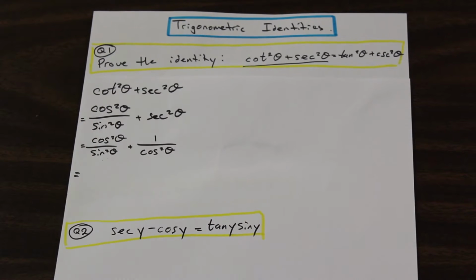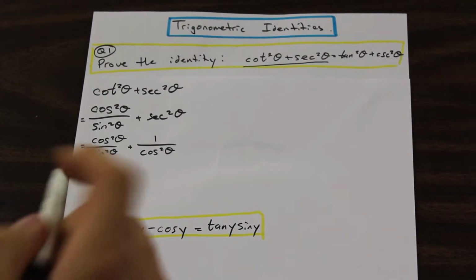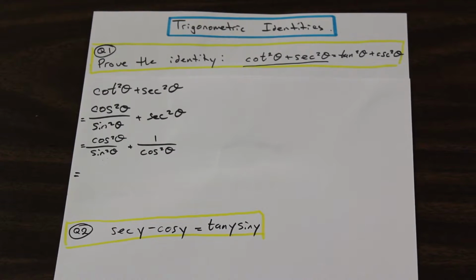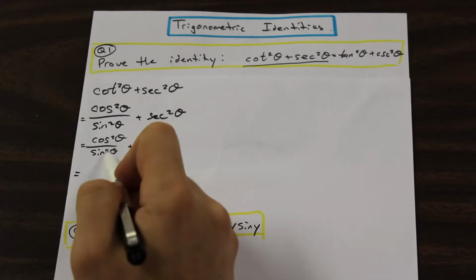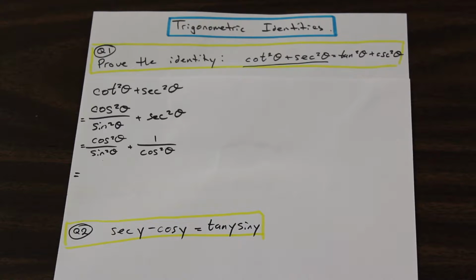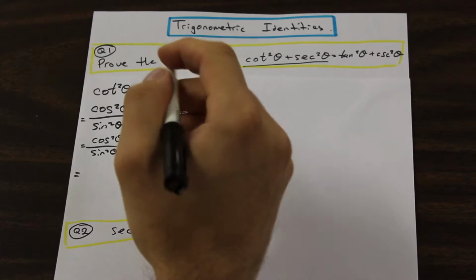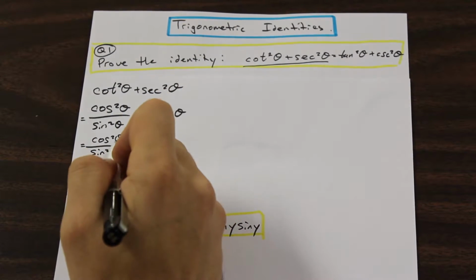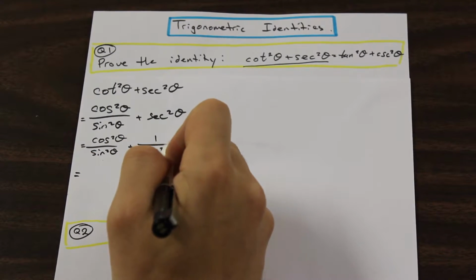Okay, so that's maybe a common theme that you'll see. We have two different terms here of different identities, and we try to multiply the denominators by each other and get it into one fraction so that maybe we can work with it a bit better, okay? So let's multiply the top and bottom here by cosine squared theta and the top and bottom here